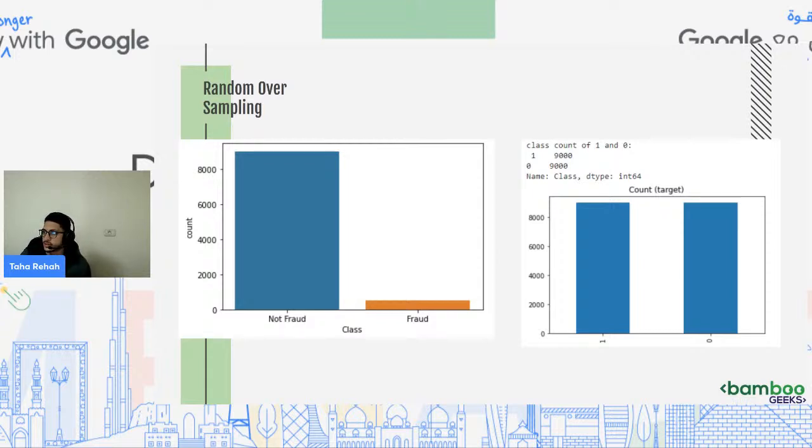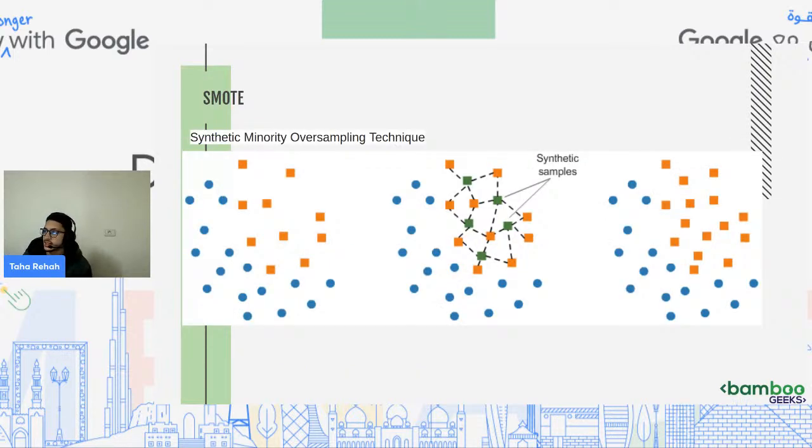Now let's talk a little bit about the actual techniques that follow some algorithms and a logical workflow. The first technique is called SMOTE. SMOTE stands for Synthetic Minority Oversampling Technique. You can observe from its name that it's an oversampling technique, so it's going to take the minority to the majority. So this is oversampling. How is it done?